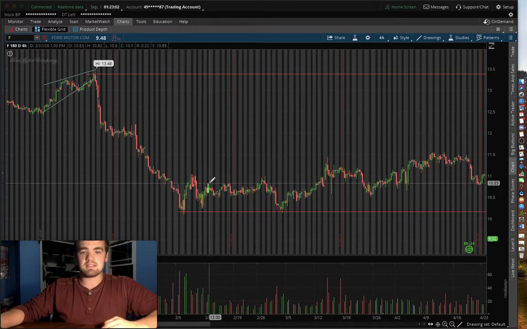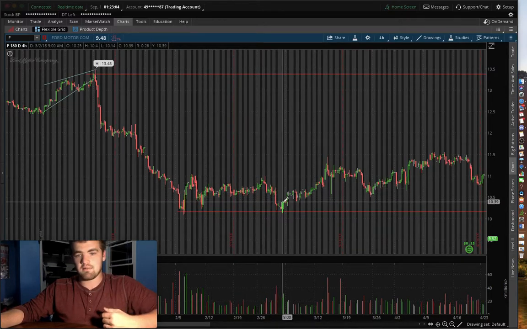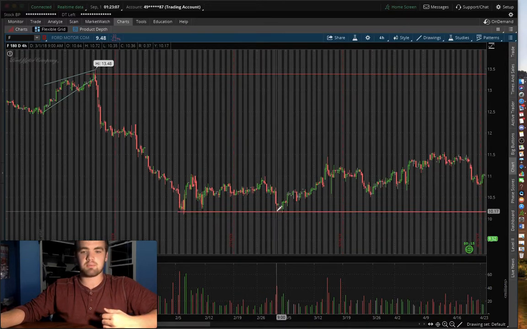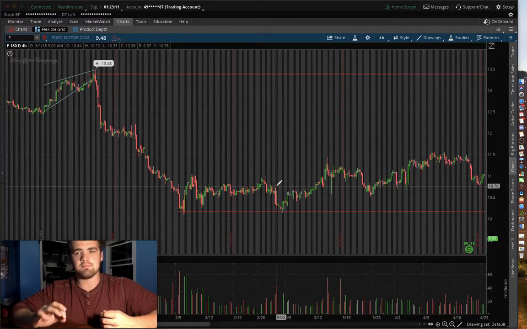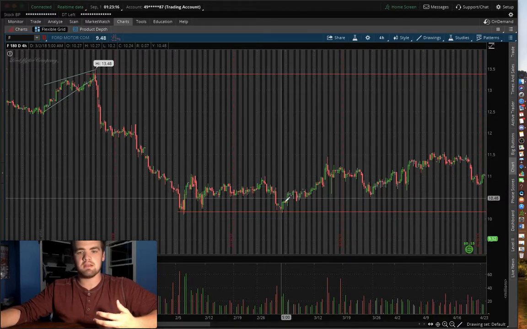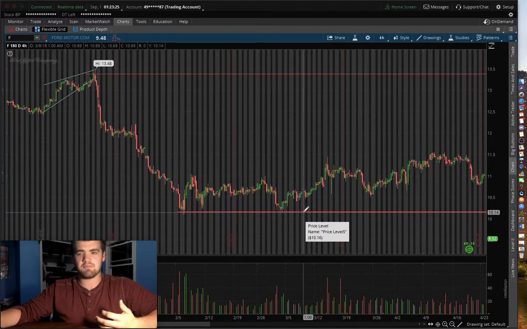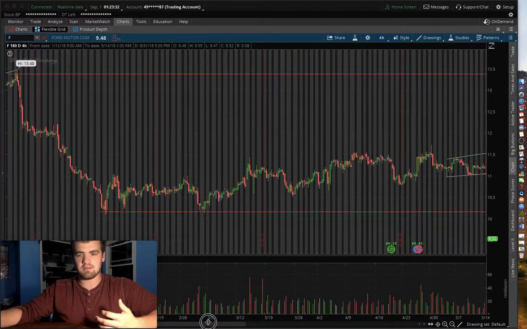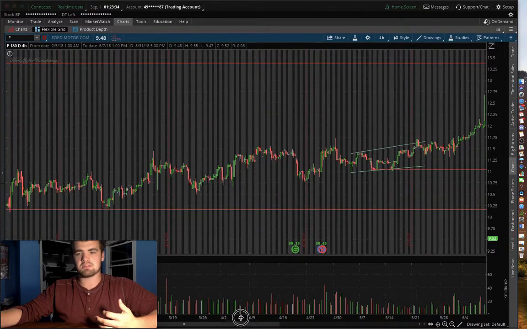So the next thing it does is it falls back to that support level and pops back up. The support level is where a lot of buyers tend to enter the market, and that's why it pops back up. So there was a lot of support, you could say, at 10.15 to 10.20, a lot of people buying it. But all right, now let's shimmy on down here. So it bounced off here,